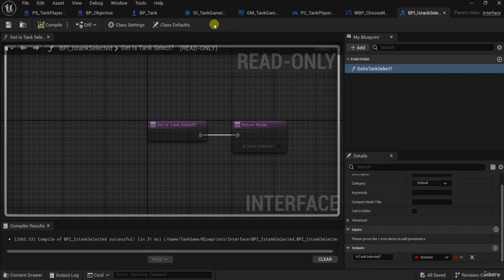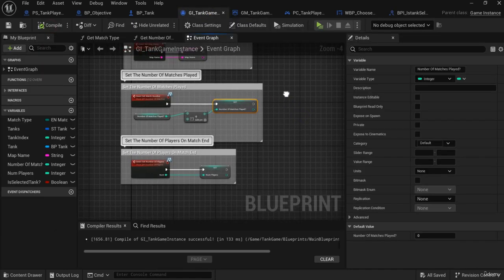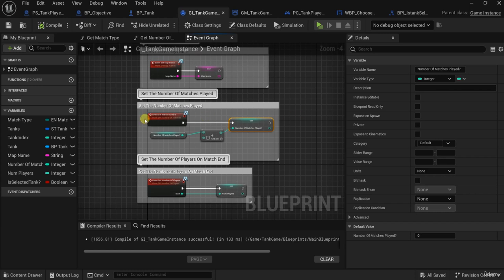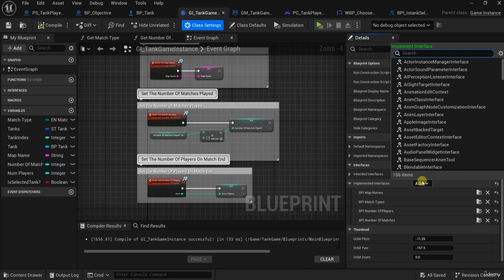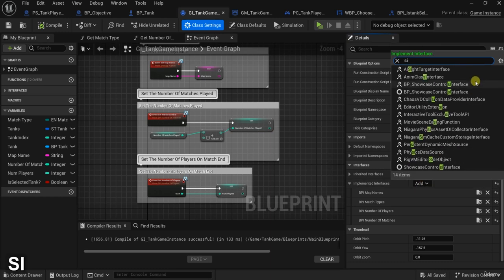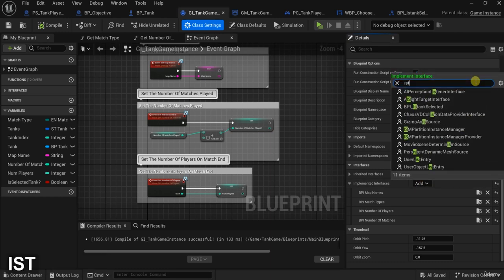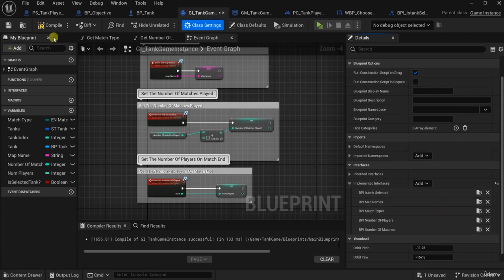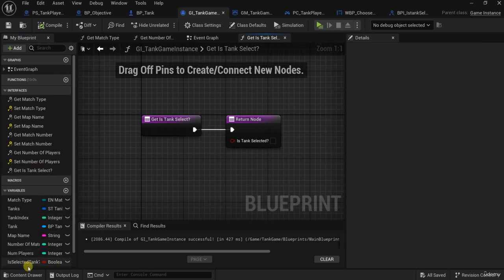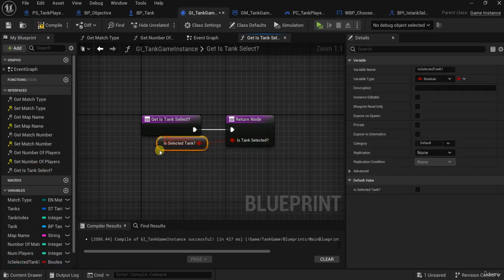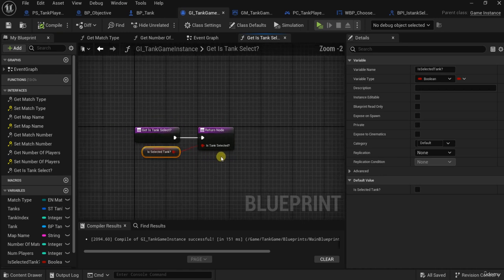Let's go now to the game instance here, and let's implement it here in the classes. Did we call it? We call it is tank selected. Oh, here let's open it, and let's get this one, is tank selected, and put it here, this variable, and let's close this. Let's go back to the player controller,